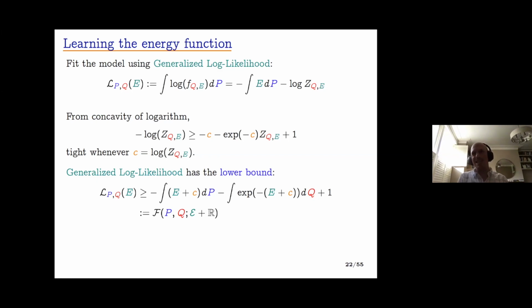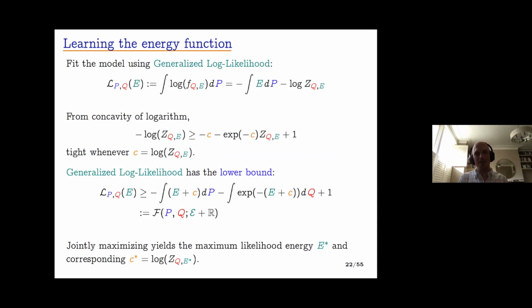And looking at this expression here, you should hopefully be getting flashbacks to some of the earlier slides, because when we derived our KL, our variational lower bound on the KL, then this was a very similar form to here, without the C quantity. But we had negative of some function dp, negative minus exponential of some function dq plus 1. Okay, so this is very similar to and reminiscent of the critic function in a GAN. It's not quite the same thing, however, and one should be cautious of this because we also have had to estimate as part of our model the log partition function, the C function here.